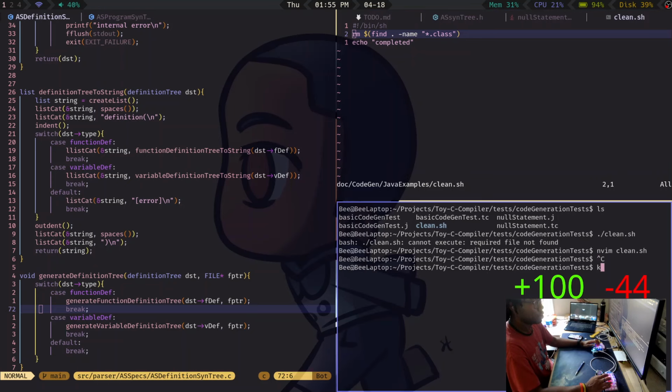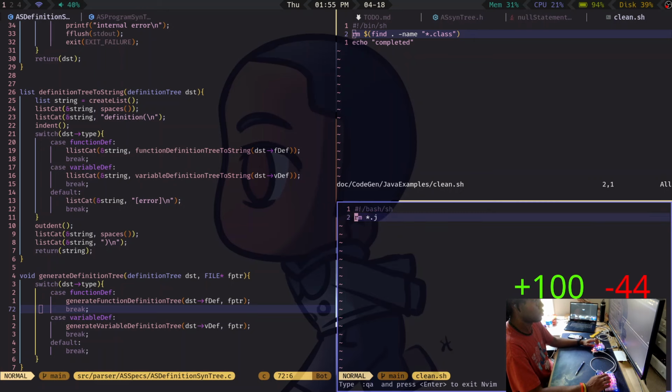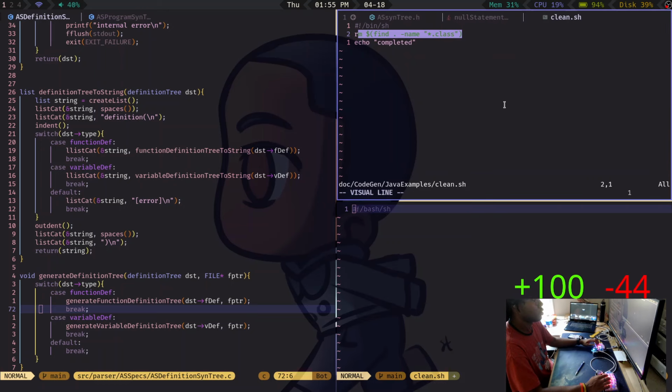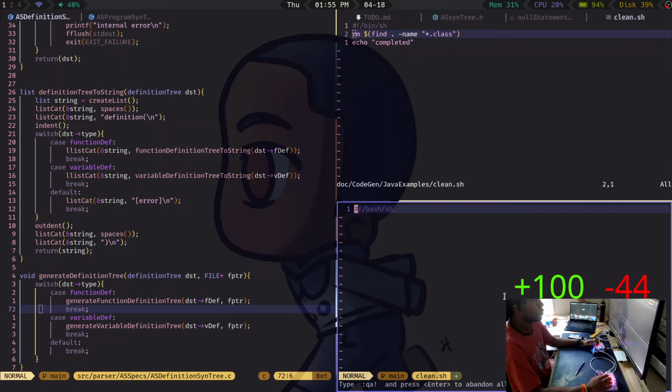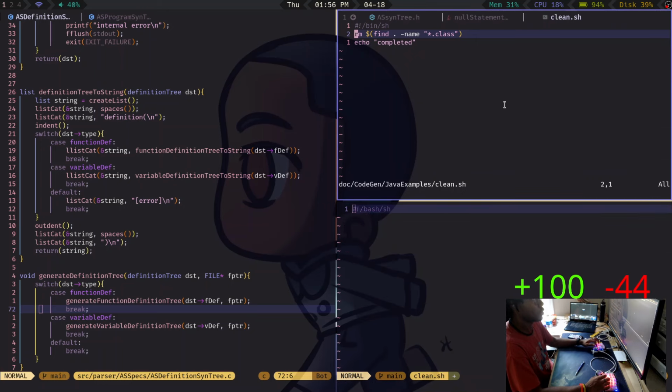Guess I have to do it this way. Did that not copy into the buffer?